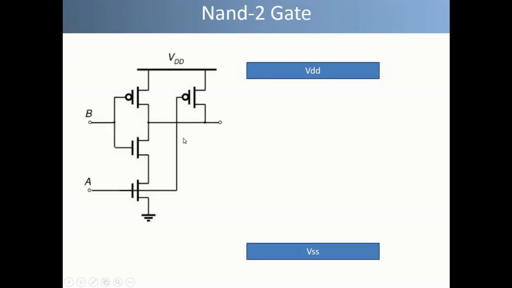So let's start. This is the standard CMOS design of a 2-input NAND gate. Here we have a couple of PMOS transistors which are in parallel in the pull-up network, and two NMOS transistors which are connected in series and make up the pull down network. Now the stick diagram of this NAND gate is completed as follows.